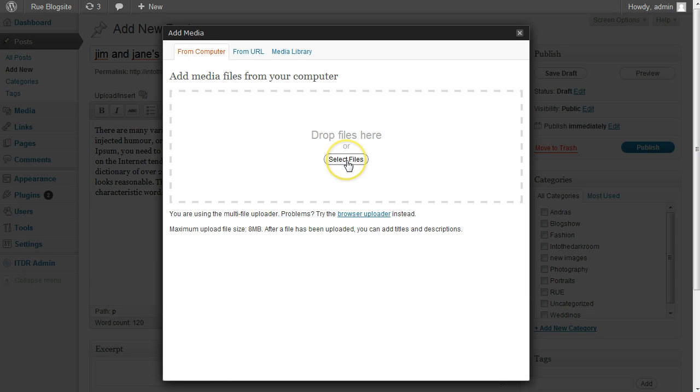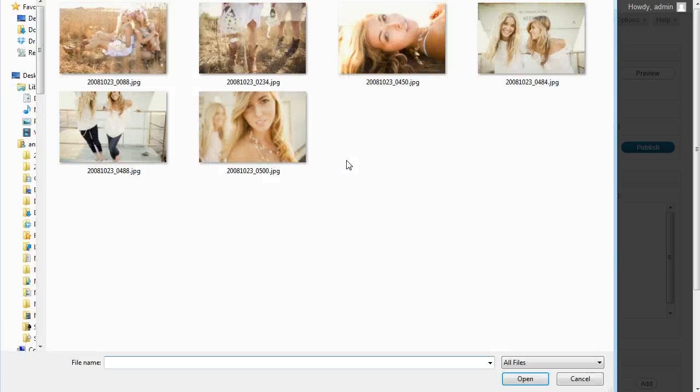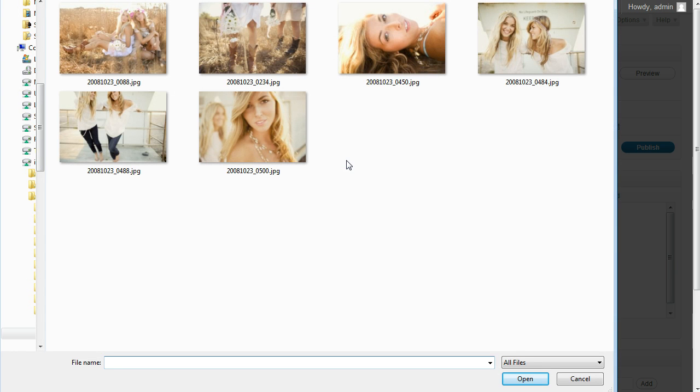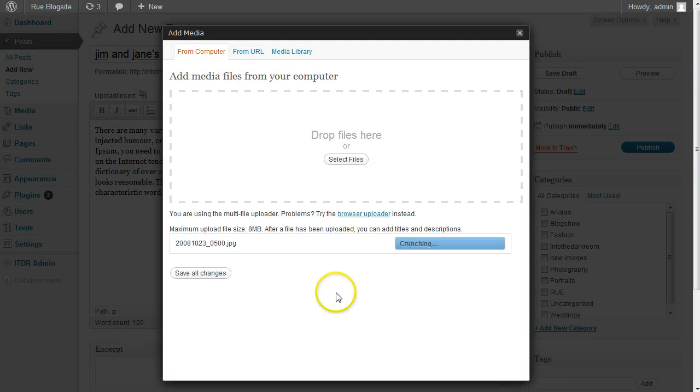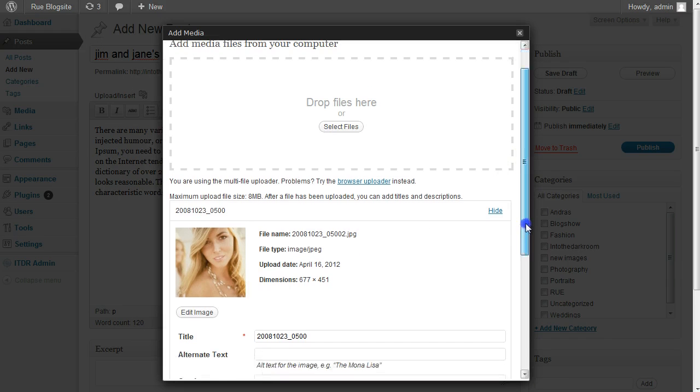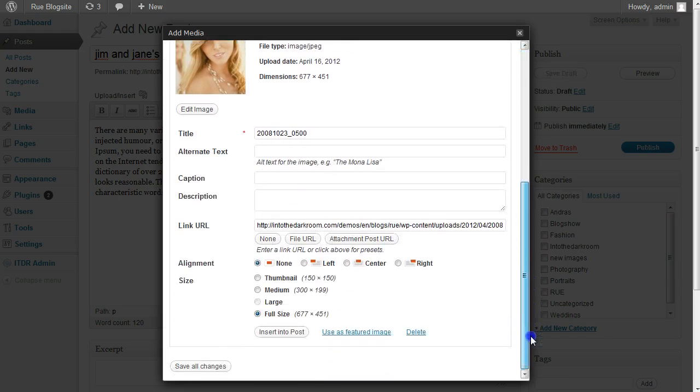And I'm going to go ahead and click this Select Files. And I'm going to find some images that have already been cropped and ready for my post. So I'm going to go ahead and click one, open it. You're going to see that it loads. And the important thing here is that after it loads, you want to make sure you come down here and you click Full Size. And then you want to click Insert into Post, and that's actually going to put it